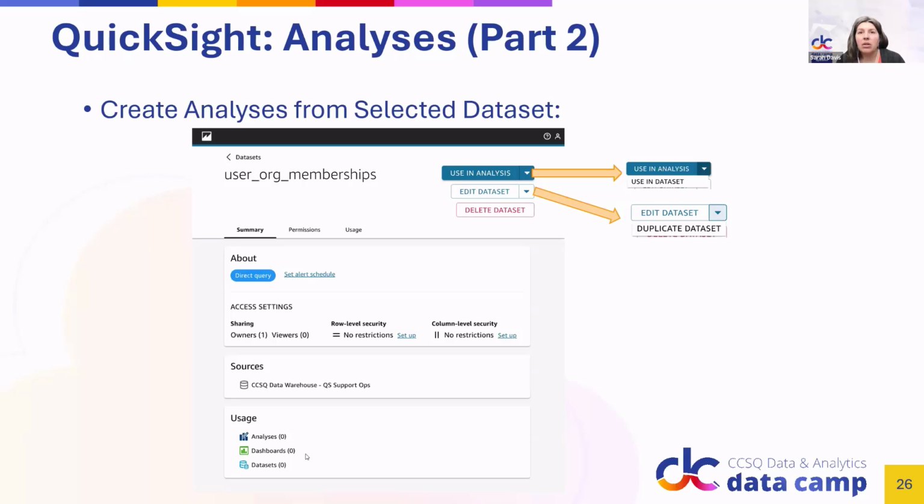Okay, question about logos and stuff, S3, the workbench. Can we save logos and stuff to S3, the workbench? I don't know about logos, but I do believe you have the ability to upload logos directly into an analysis.